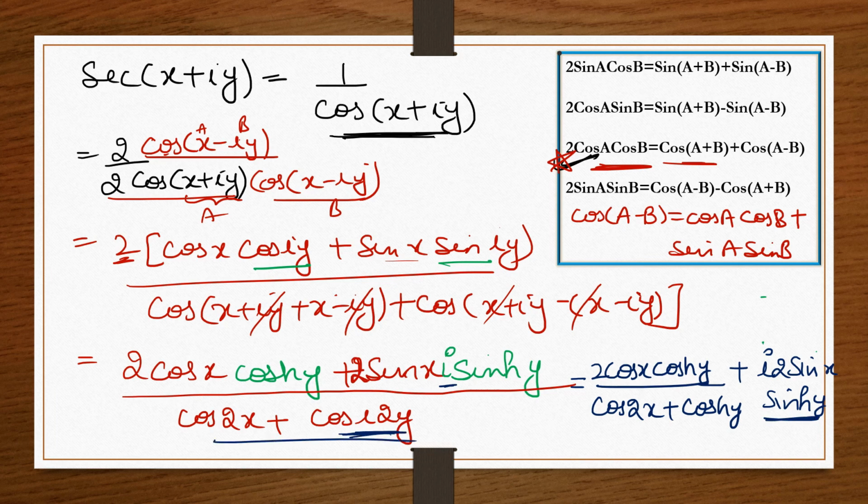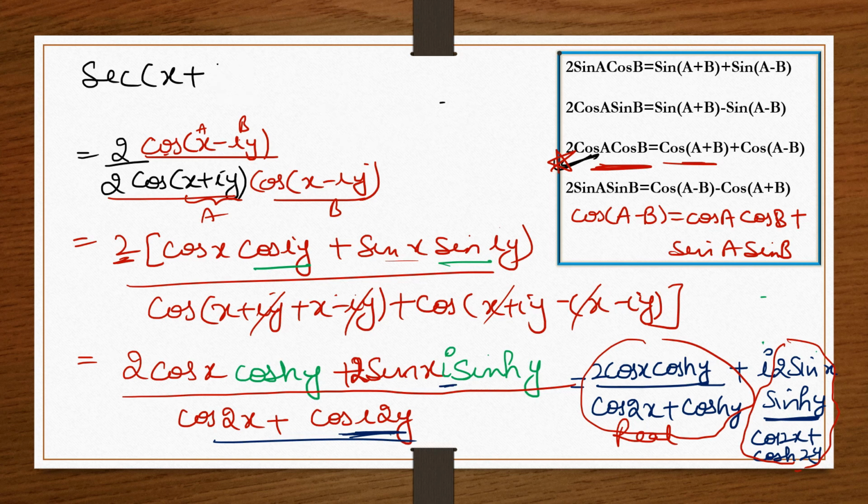Same thing, this complete thing. So cos 2x plus cos hyperbolic 2y, okay? So what is the real part? This is the real part, okay? What is the imaginary part? This thing is the imaginary part, fine. Let me write it here again. The final answer I am going to write here. The final answer was